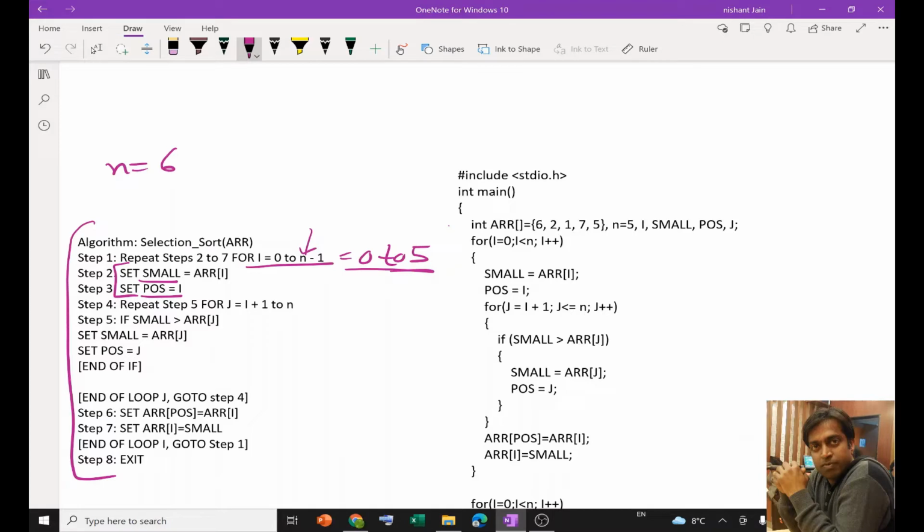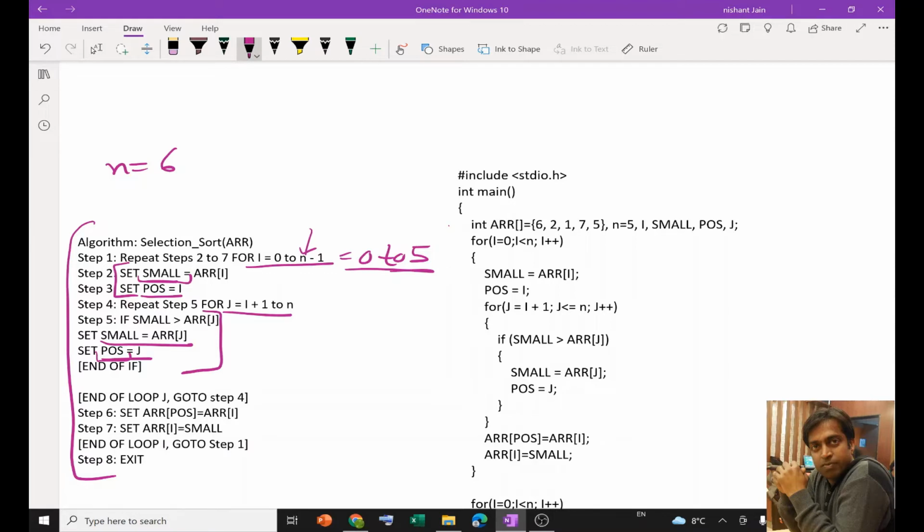After that, we start the J loop, and with the help of the J loop, we compare this small element with the remaining elements in the unsorted array, so that we are able to find the smallest element in the unsorted array. Wherever we find a smaller element, we put it in the variable small, and the location of that element in POS.